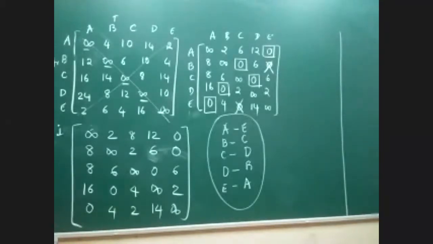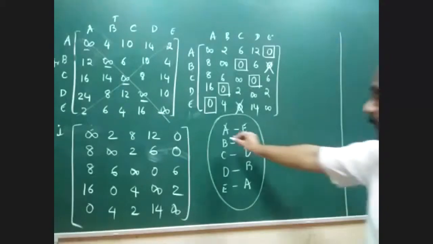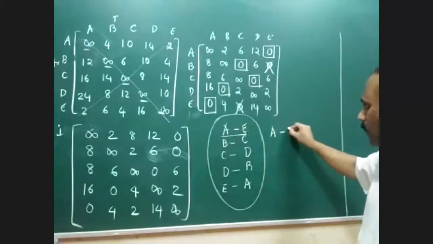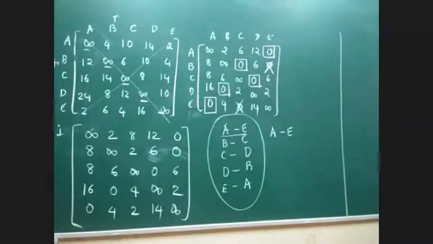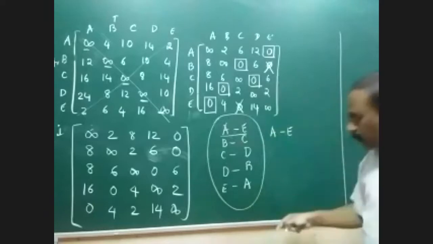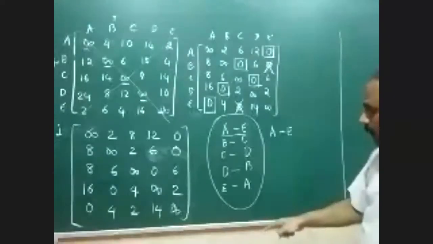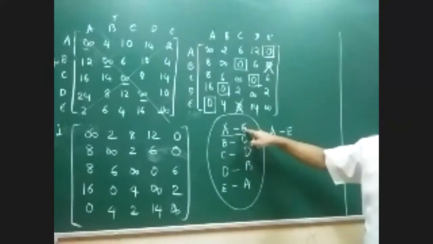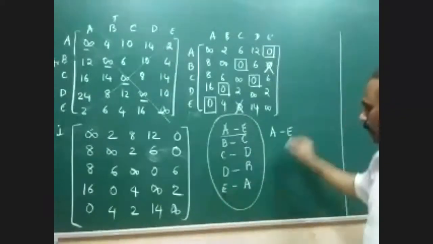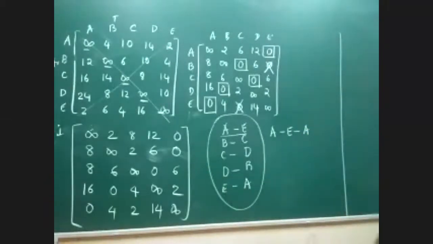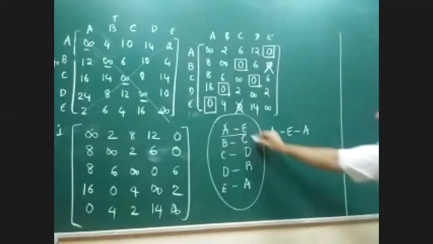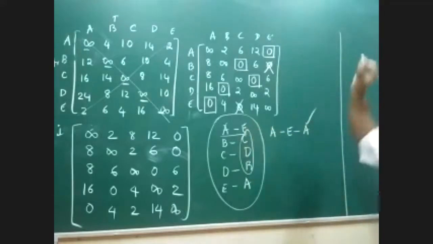There is a simple logic for it. I want everyone to understand this is the crux of the whole problem. How to verify it is very simple. First, write the allocation as it is. A to E. Don't change anything. Just write down the first allocation as it is. And then see in the remaining values, now A has gone to E. In the table you see from E, where has he gone? From E he has come back to A. And what does that mean? He has not visited the remaining places, but he has come back to A.